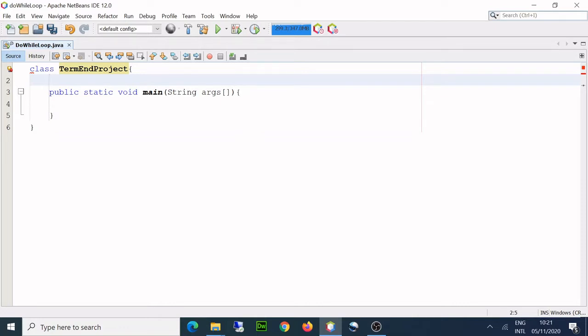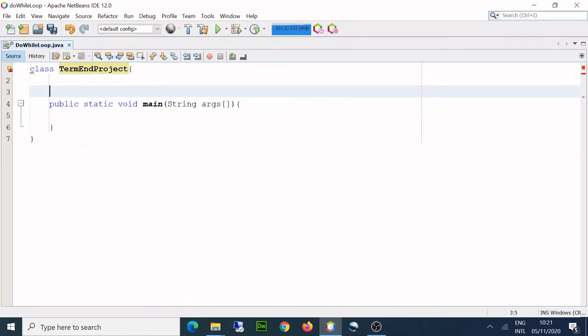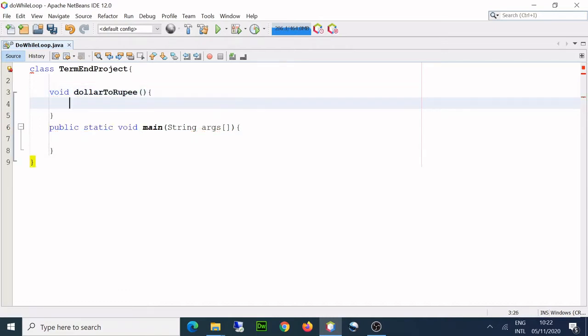And let's see now how it actually is done. So I will just leave one space in case I need some variables, I can put the variables there later on. So my first conversion is rupee to dollar, dollar to rupee. And so I'll say void, and I'll say dollar to, this is camel case, okay, dollar to rupee. Okay, so here I will just say system.out.println, and I'll say here